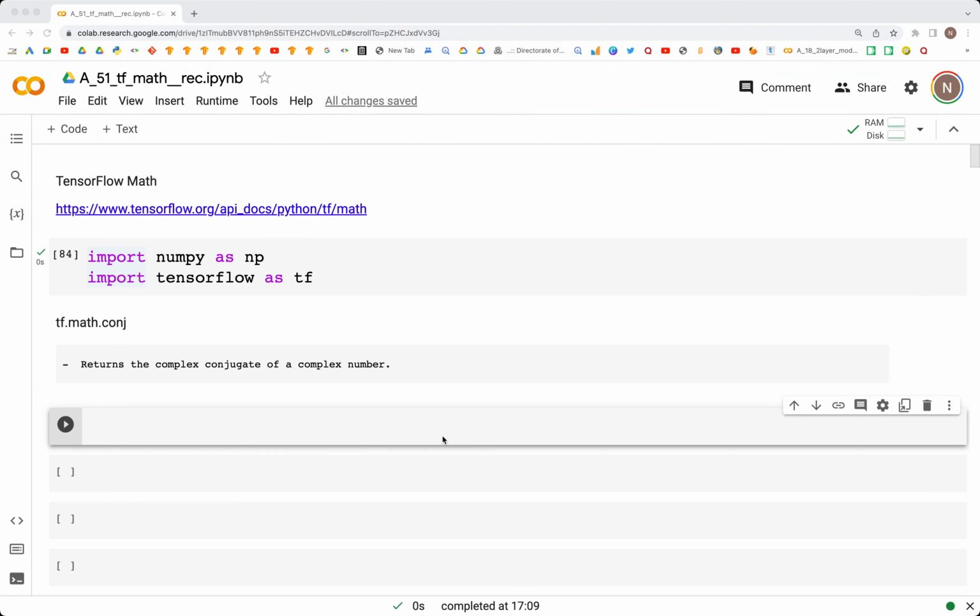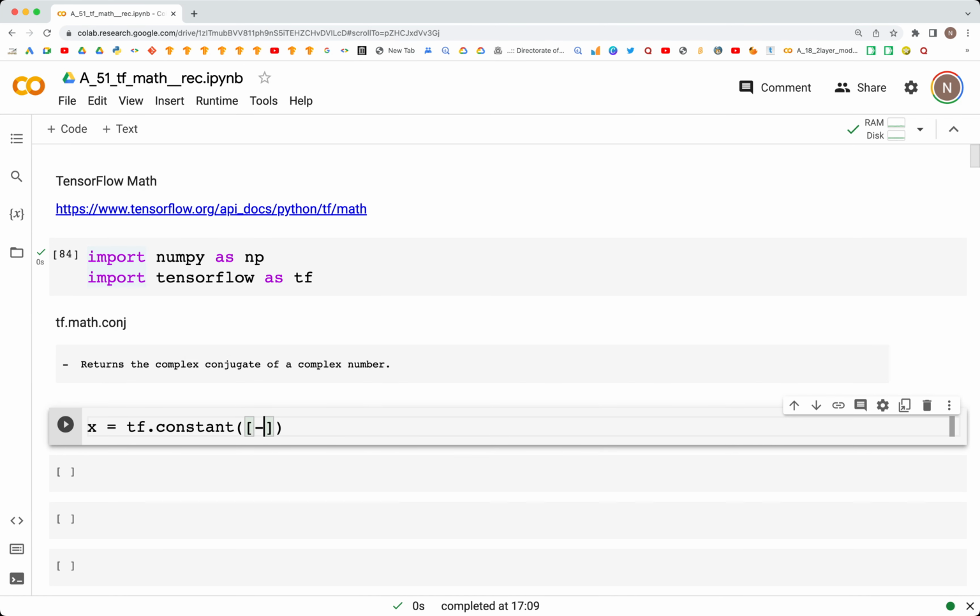Let's look at how to get the complex conjugate of a complex number using the TensorFlow math library. What we have is a tensor of complex numbers. So let's create that with tf.constant,